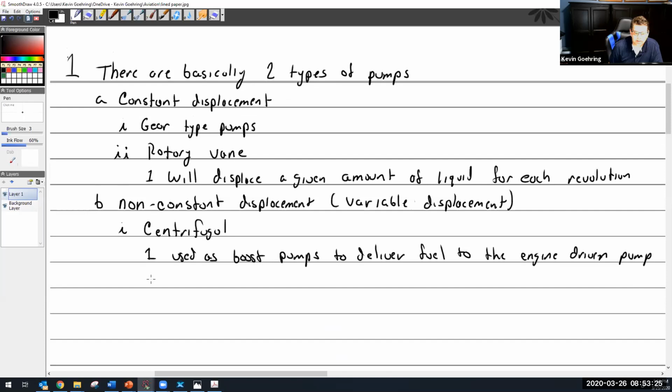They are used during engine starting. They provide redundancy, so they are used as a substitute for the engine-driven pump